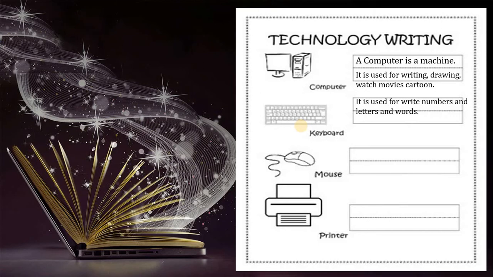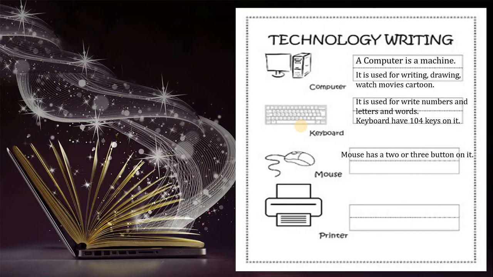Now see the other sentence. A keyboard has 104 keys on it. So it is also a second sentence. Correct? If you have a keyboard at your home, count. If I am correct, then tell me in Google Meet that ma'am, you are correct. In the keyboard we have 104 keys. Right?